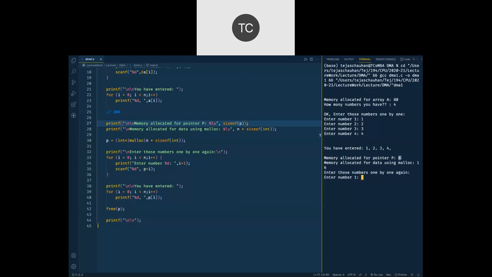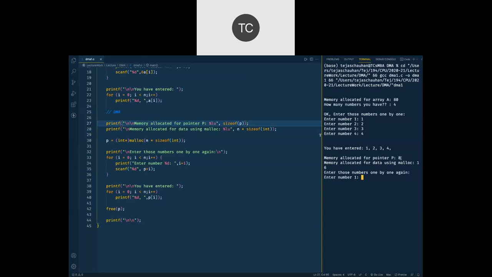जो एक pointer variable आपने declare किया है, that pointer variable itself requires 8 bytes, क्योंकि वहाँ पे आप एड्रेस स्टोर करना चाहते हो, right? To store the address, a pointer variable requires 8 bytes. Okay.